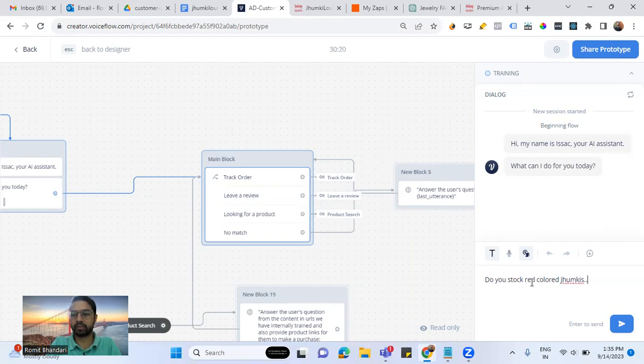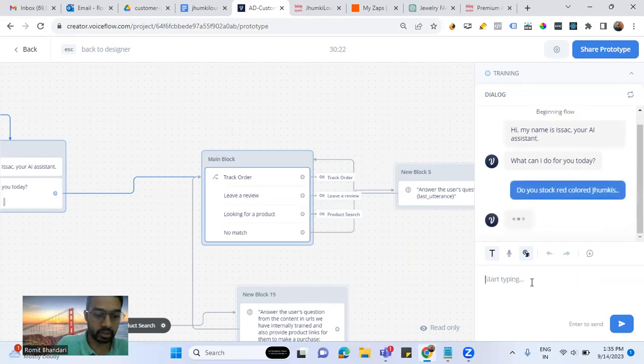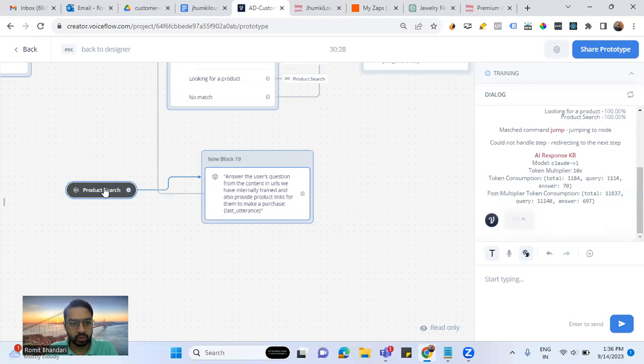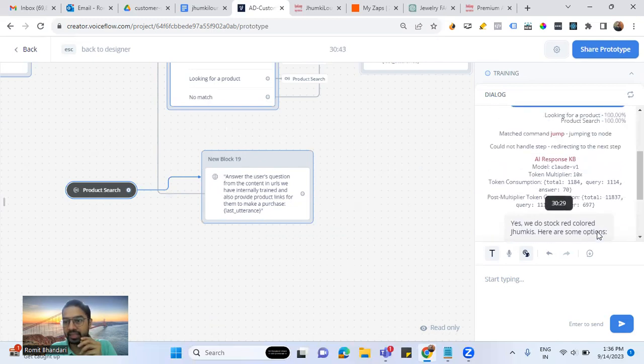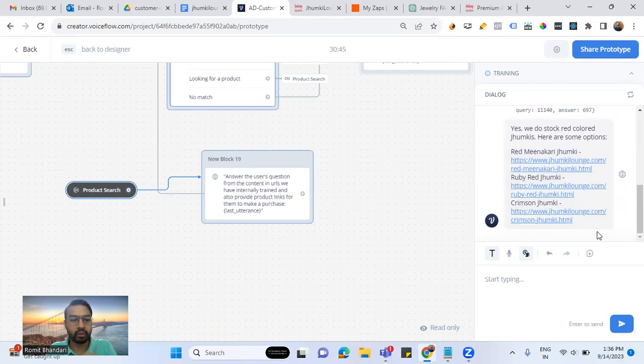I'm asking if they stock red colored jhumkis, which is a type of earring. With the debug mode, it also shows us which particular intent is getting satisfied. As you can see, product search got satisfied, which is what we wanted. And then it is answering from the knowledge base,